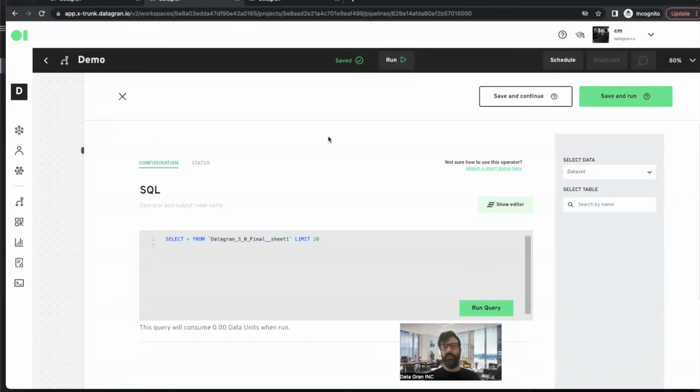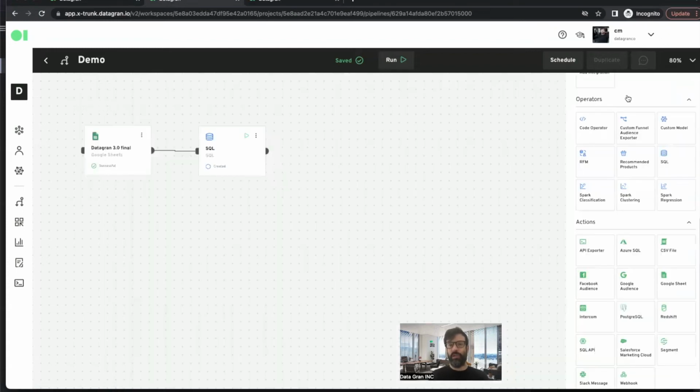So for example, in this case, I could just immediately save and run this query without hitting the play button in the specific operator. If I just hit save and run, it will automatically run without me having to hit the play button. So in this case, the element is already running, it's queued,